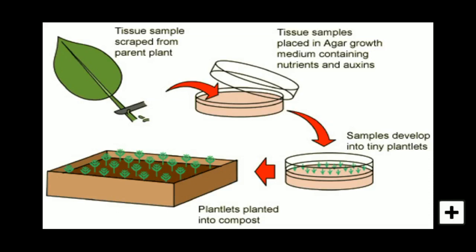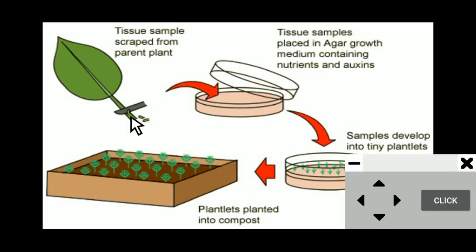Initially, from the parent plant, that is of X plant, we have to collect some sample, either in the form of tissue or seeds or cells or embryo or else apical meristem. That sample has to be placed in the nutritive media. Here in this image they have collected the sample in the form of tissue and then placed it in the nutritive media. That nutrient media consists of agar, some growth promoters, growth regulators, and some micronutrients and macronutrients.